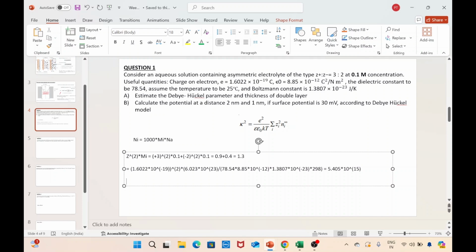It's just to have a practice, as I said. So your kappa square will be this 5.405 into 10 to the power 15 times,